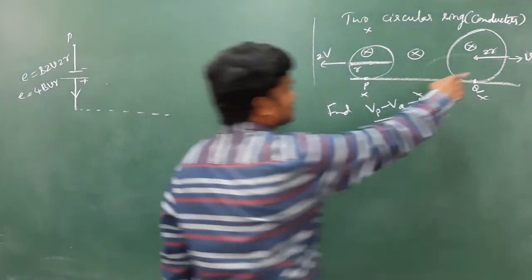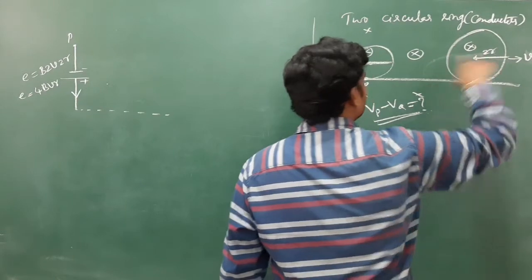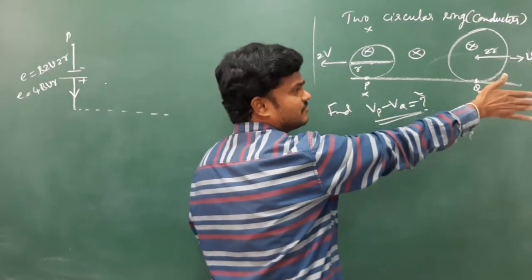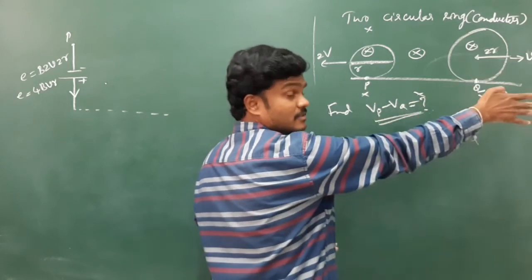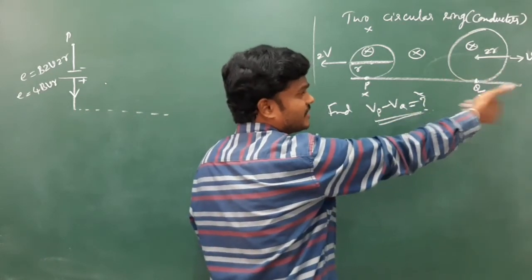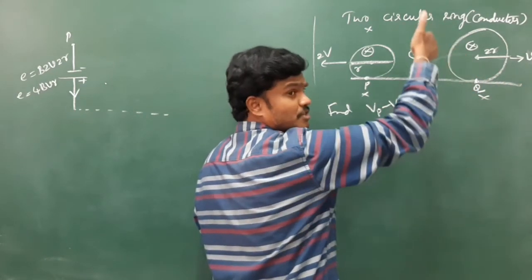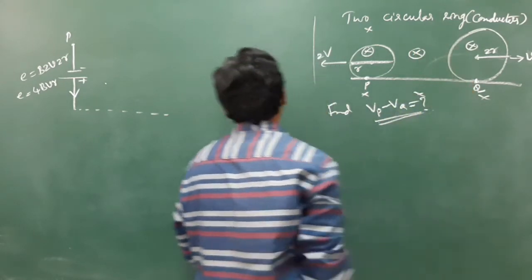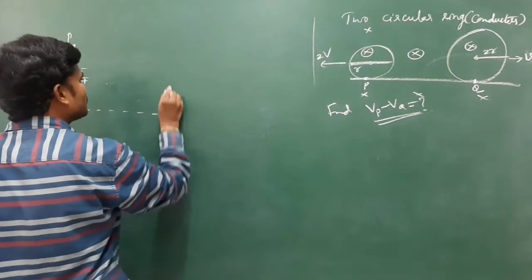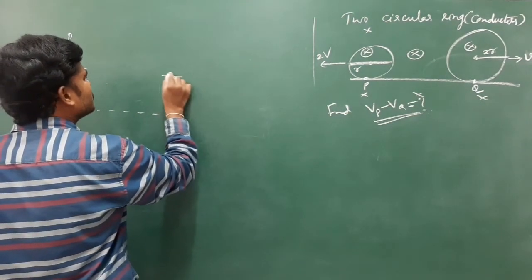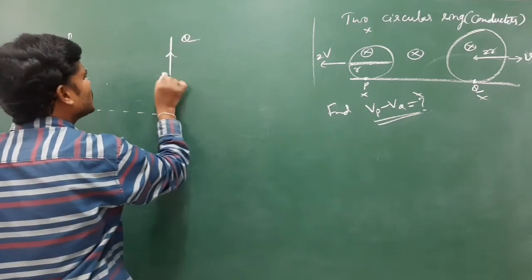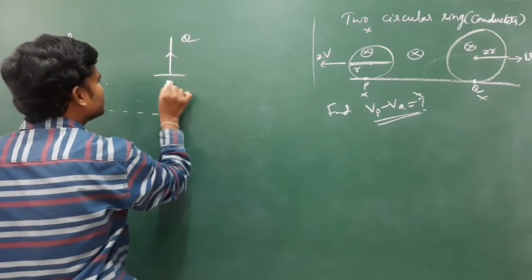Now coming to this one. This is moving right side, and the field is into the board. The second conductor is moving right side, the field is into the board, then the thumb shows upward, which is the direction of the induced current. So you can replace it with one more battery. One current is moving up, towards Q. Now, with one current moving up, see the battery symbol.